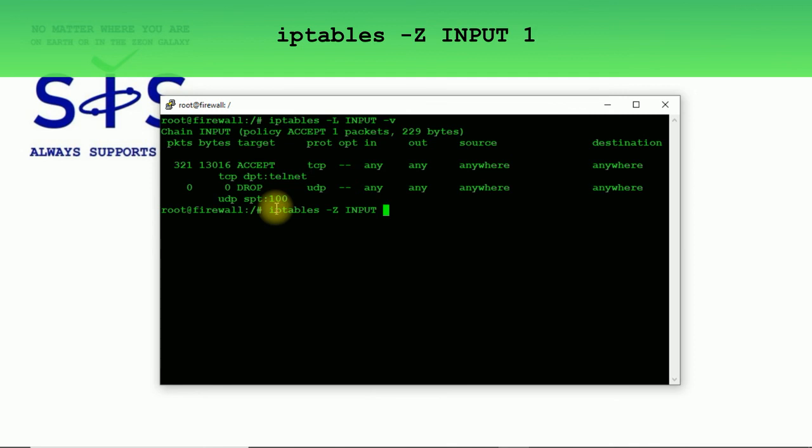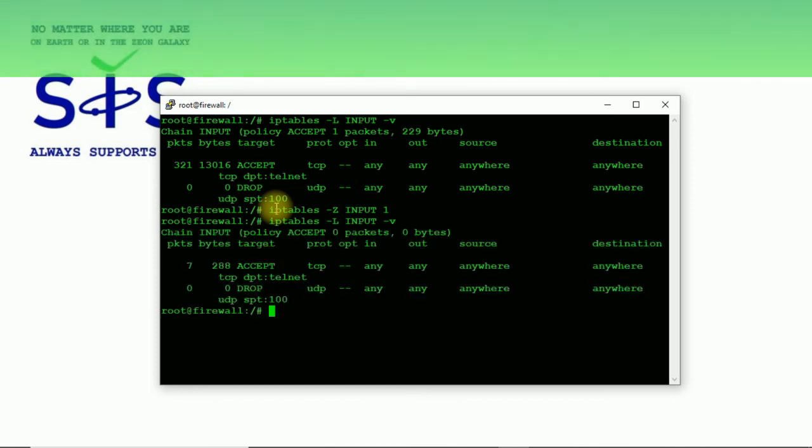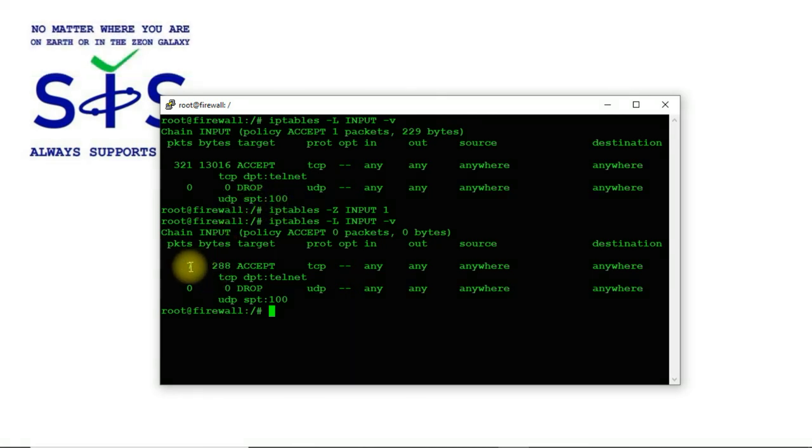This rule is the first rule, so I can type 1, and after again using input with V option, I see the packets were flushed, because now it starts counting the packets from 0. Now we've got 7 packets reach this rule.